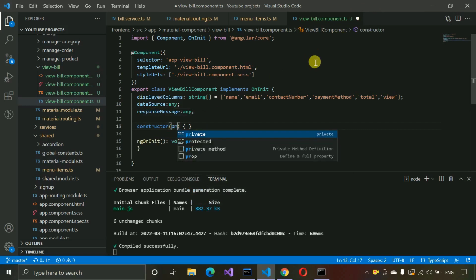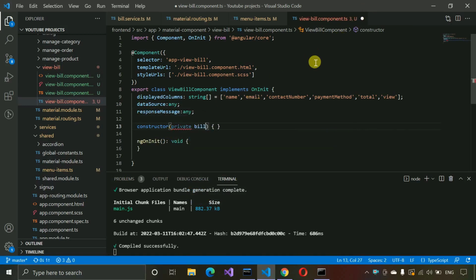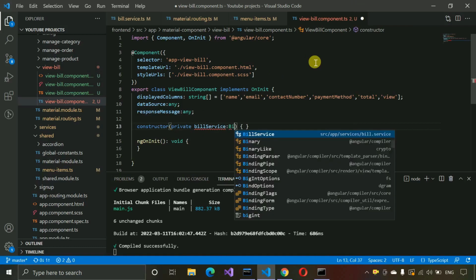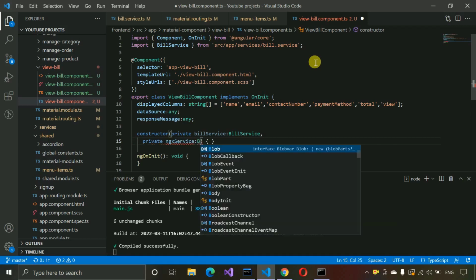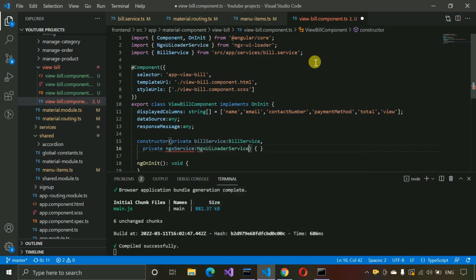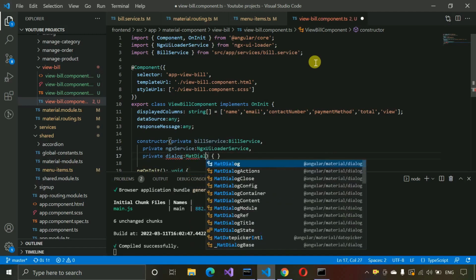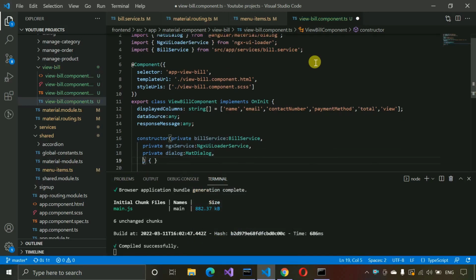So here we need to write private bill service, we need to write bill. We also need to import the bill service, and after that we need to import the loader service. So ngx service, ngx ui loader service, this one, and private dialog, and after that mat dialog, this one, and after that private snack bar service,